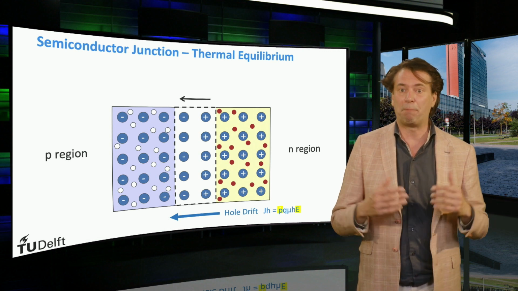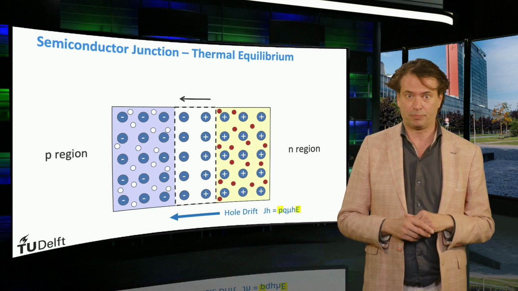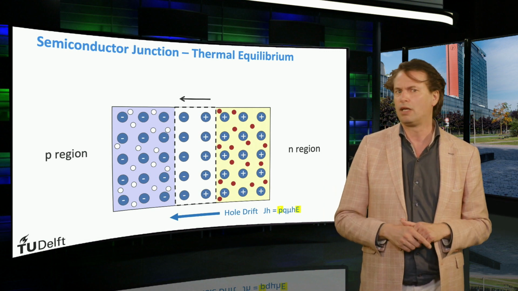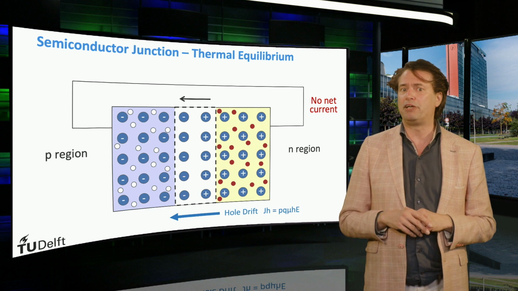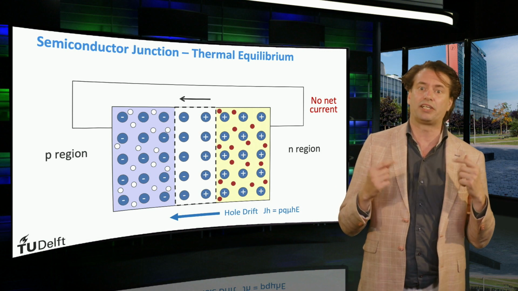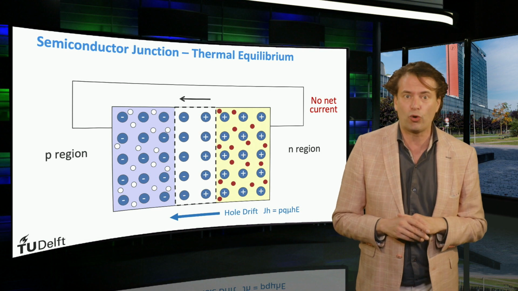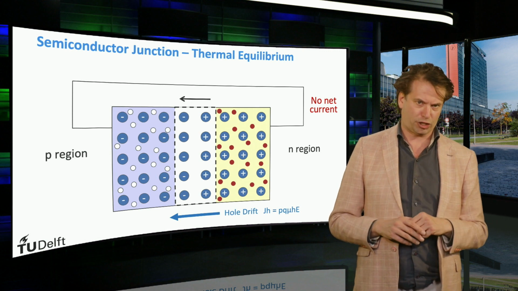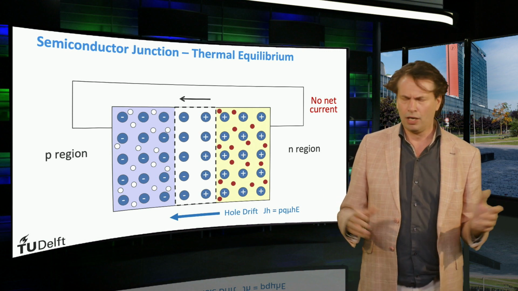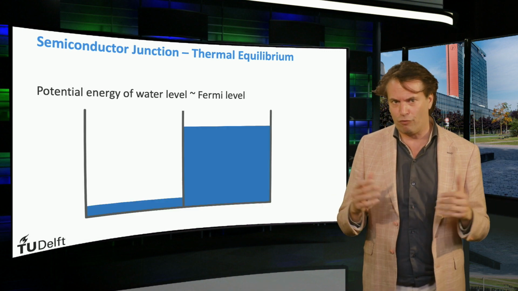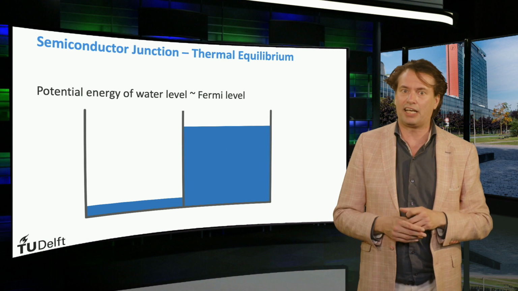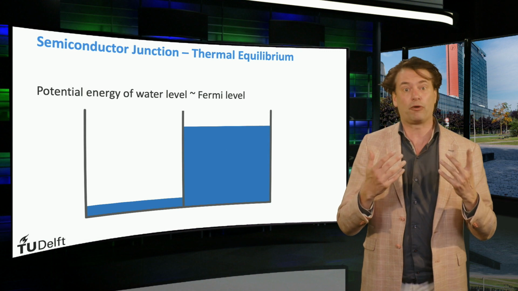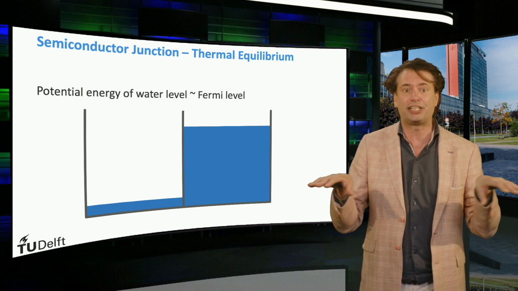In this example, the p-n junction is in thermal equilibrium. The current densities at the depletion zone are in equilibrium, or in balance. If you would connect the left side of the p region and the right side of the n region with an electrical circuit, we would have no current flowing through the circuit. The electric field will create a built-in voltage over the space charge region. The origin of the built-in voltage can be demonstrated by looking at the electronic band diagram of a p-n junction as well. In a p-n junction in thermal equilibrium, the Fermi level is constant across the entire junction.